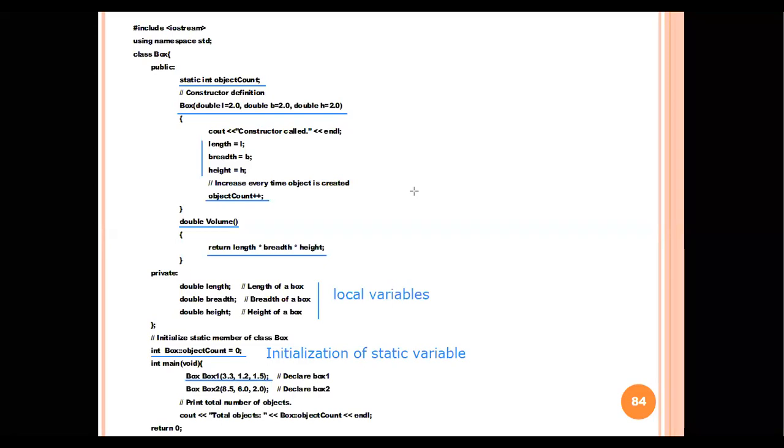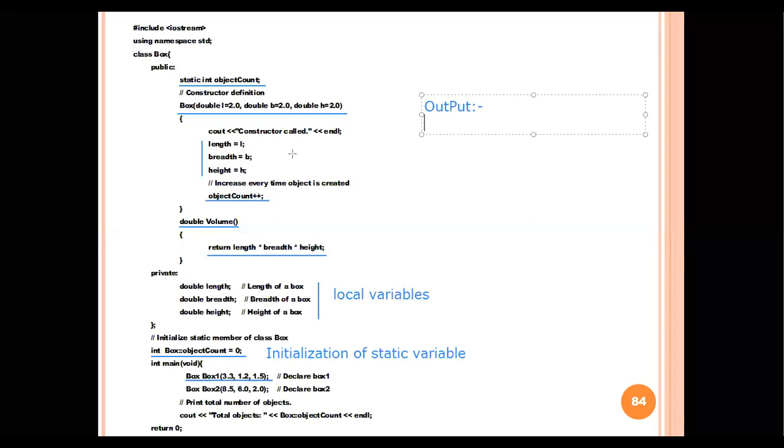I will write the output here, and I will show you the actual implementation of this code. When this object is created with the help of three different parameters, the compiler directly jumps towards the constructor.